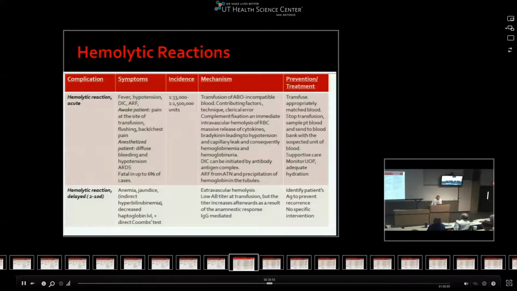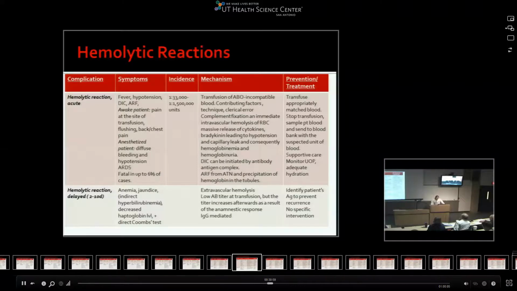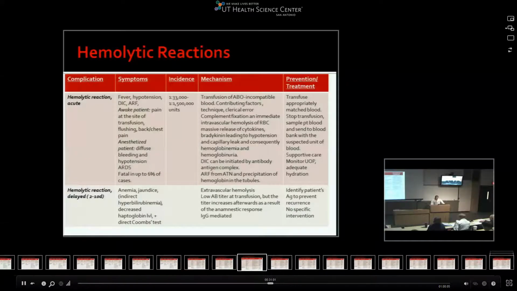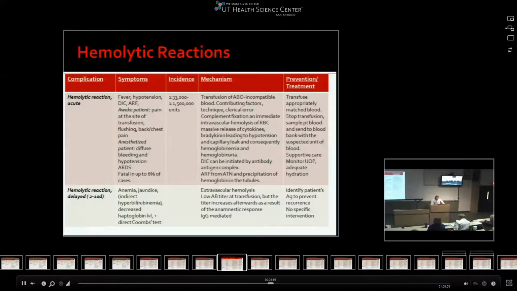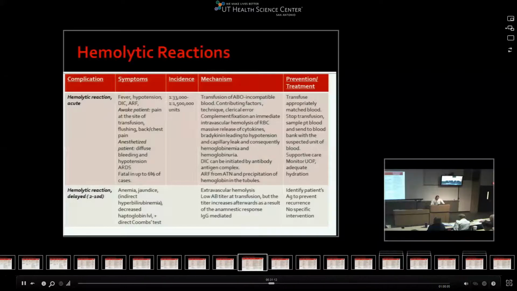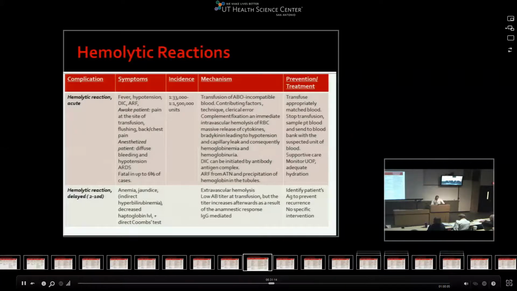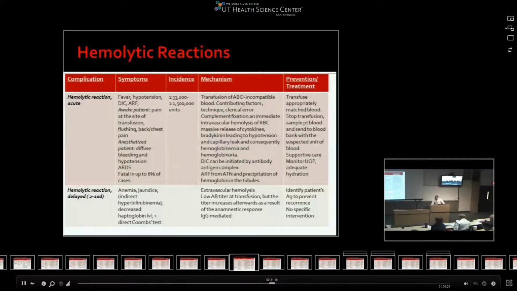Hemolytic reactions: symptoms can be fever, hypertension, DIC, acute renal failure in the vague patient. Other signs can be pain at the site of transfusion, flushing, back and chest pain. It is more difficult to notice this in the anesthetized patient, more subtle, but can be shown with diffuse bleeding and hypotension, and an ARDS type picture. It can be fatal in up to 6% of cases, and is due to transfusion of ABO